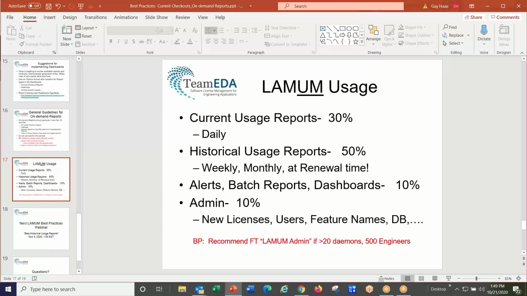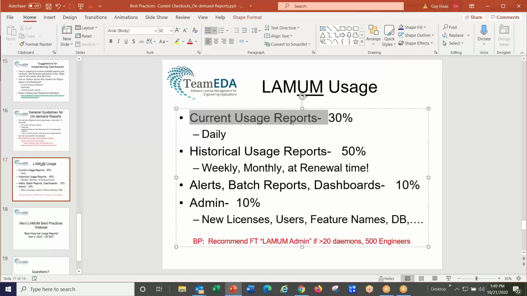suggestion on how people use the UM side, the usage monitoring side of LAM UM. I'm not talking about the LAM side. That's a different animal, different function. But on the UM side, I'm kind of guessing, and it's going to vary from company to company, but you're probably going to spend about 30% of your usage on current checkout details,